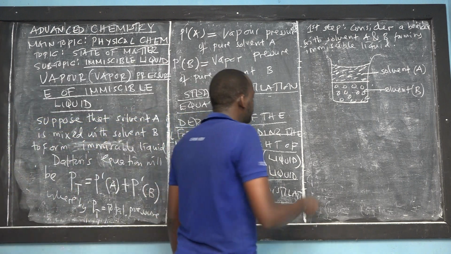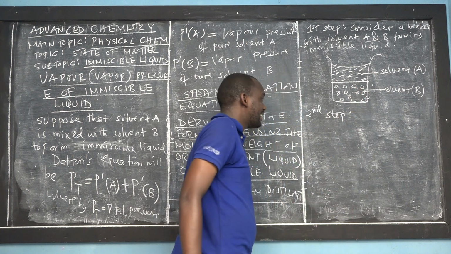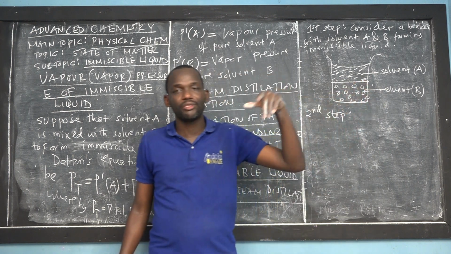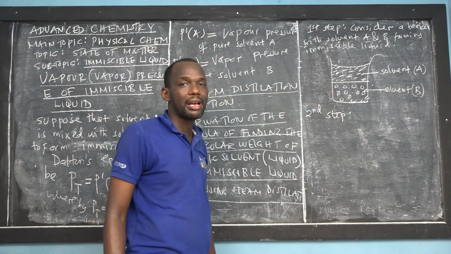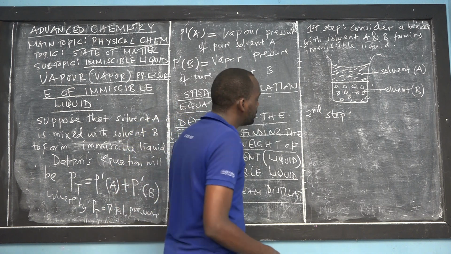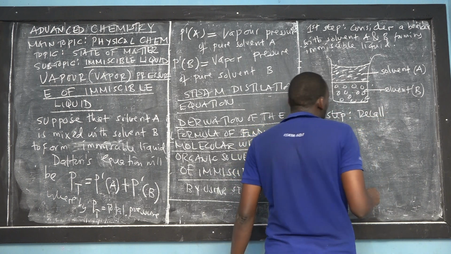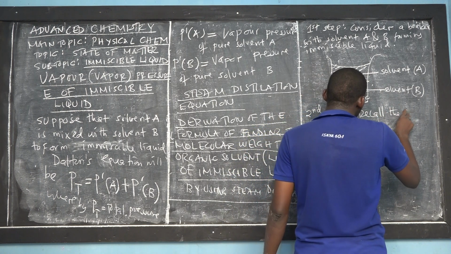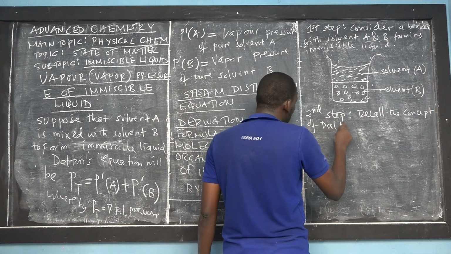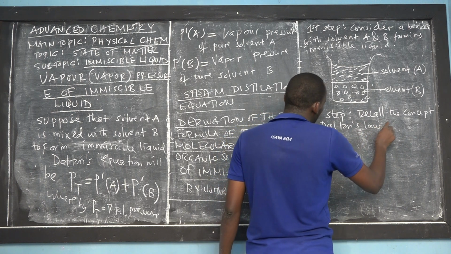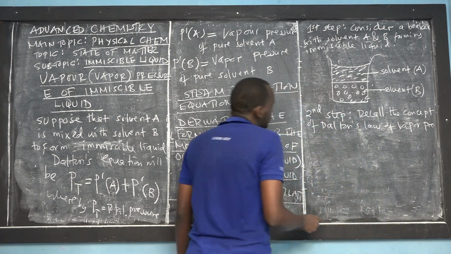Two issues are very important. So we go to the second step. Remember that solvent A has a tendency of forming vapor pressure above it, and solvent B also has a tendency of forming vapor pressure above it, right? Because it's vapor pressure, the second step is to recall the concept of Dalton's law of vapor pressure. According to Dalton's law,